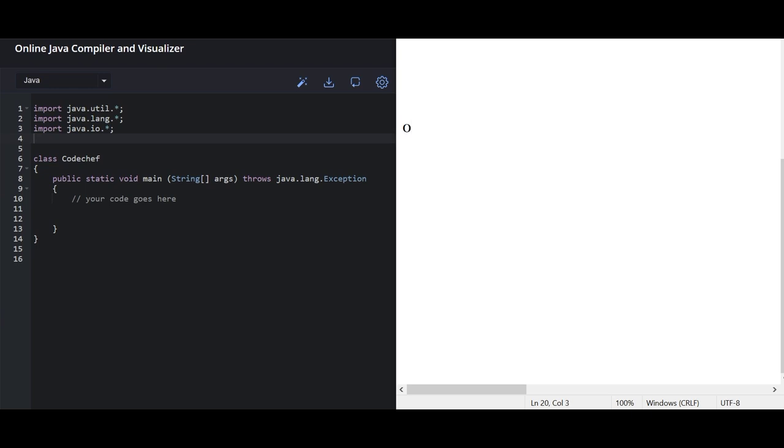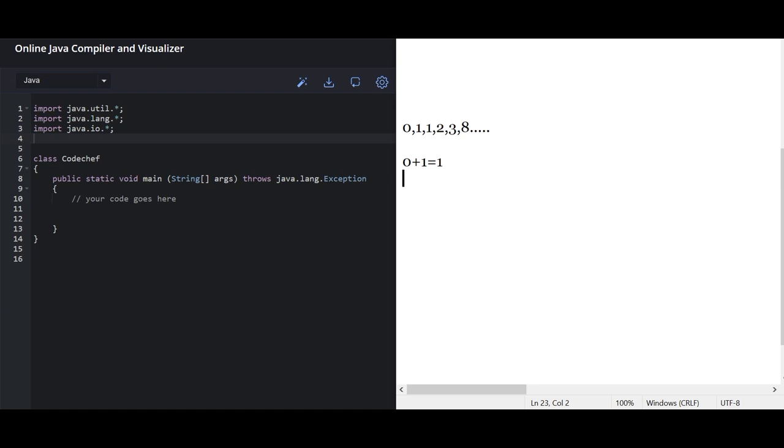For example, 0, then we have 1, then we have 1 again. Basically here, suppose the first number is 0, then 0 plus the second number 1 is 1, so it will be 1 again. It will follow the same pattern. It is the series in which each number is the sum of its last two previous numbers.